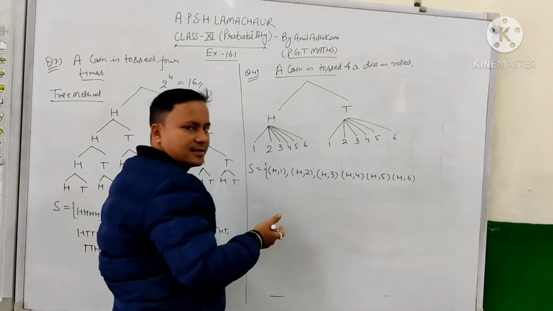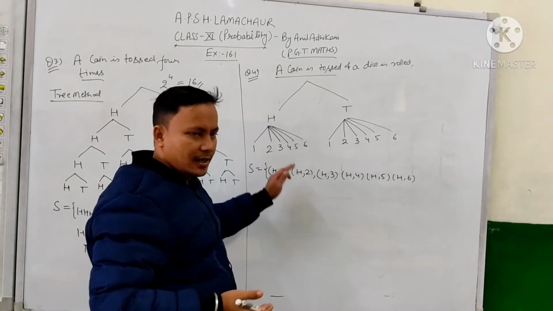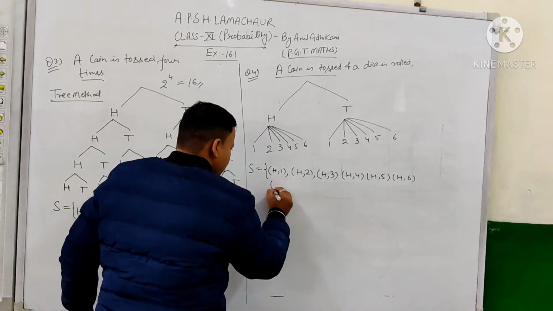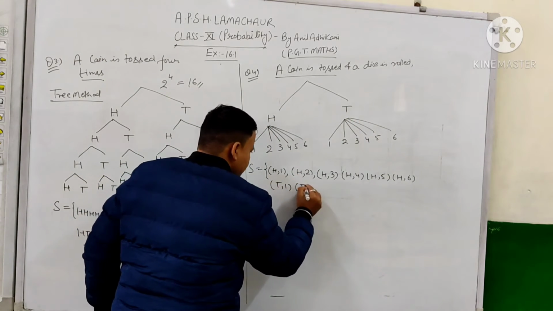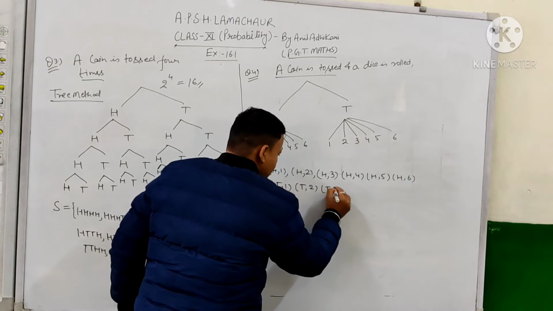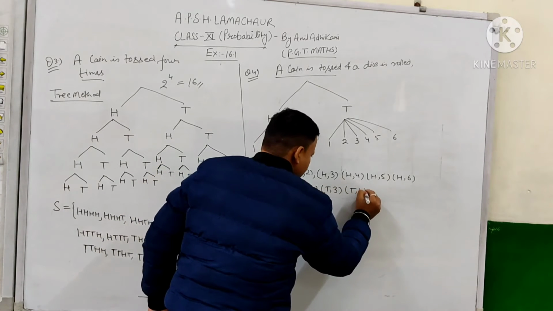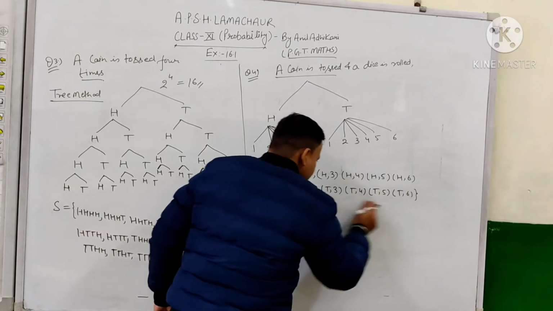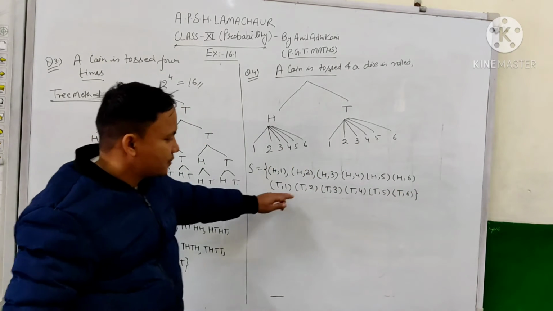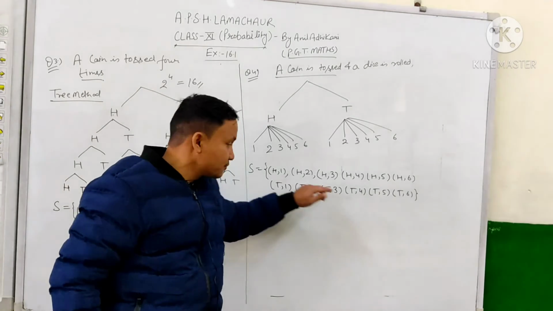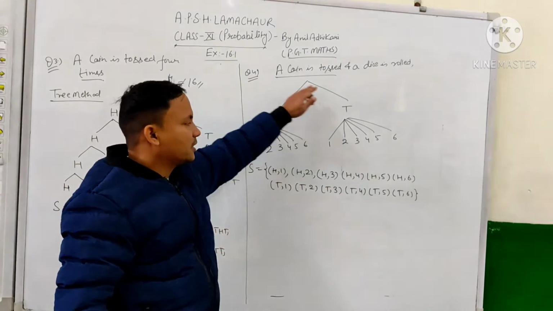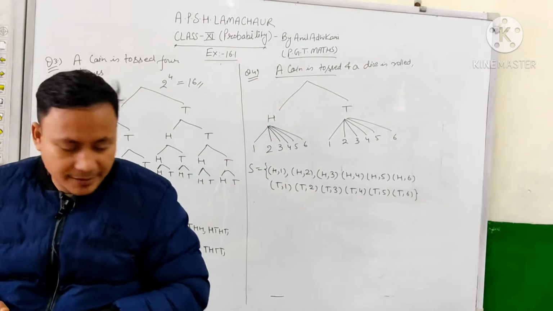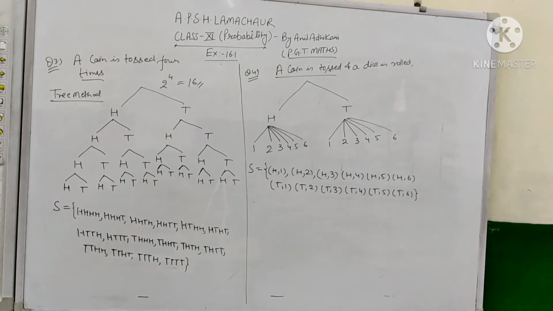So these are the 6 cases which can occur with the head, and similarly these are the 6 cases which can occur together with the tail. So T1, T2, T3, T4, T5 and T6. So these are the possible outcomes over here. There are 12 possible outcomes. ठीक है, there are 12 possibilities for this particular simultaneous activities, you can say simultaneous experiment, you can say. Okay, so pause the video and take the screenshot of it.